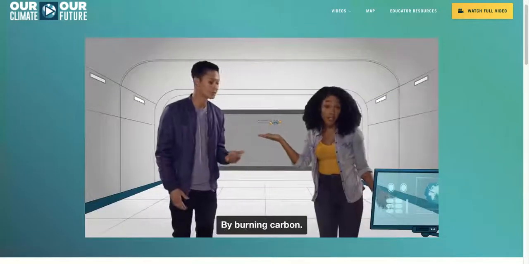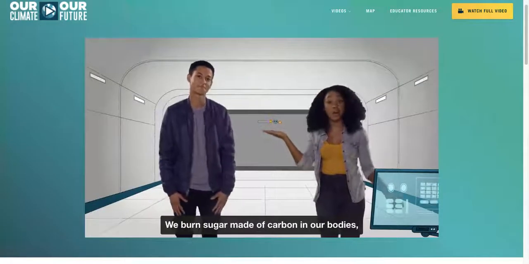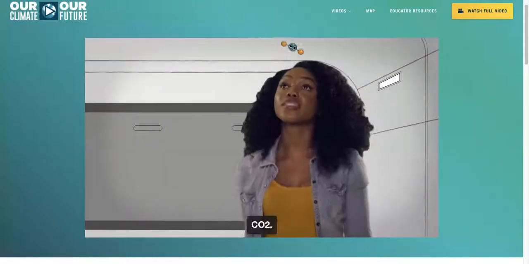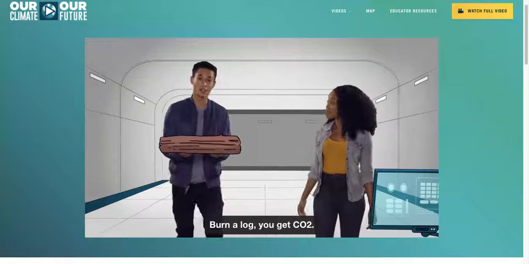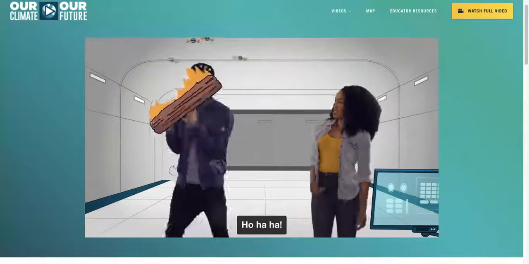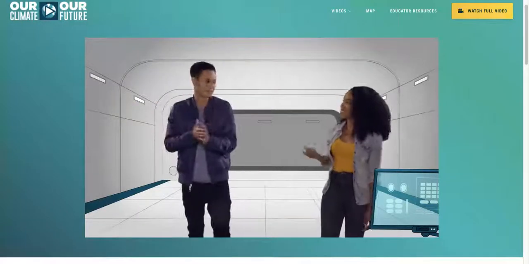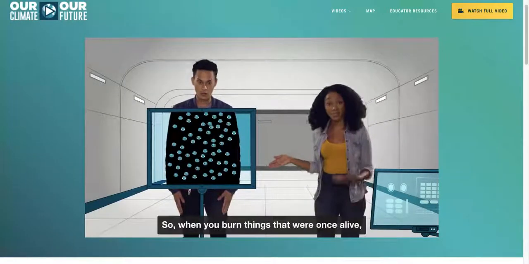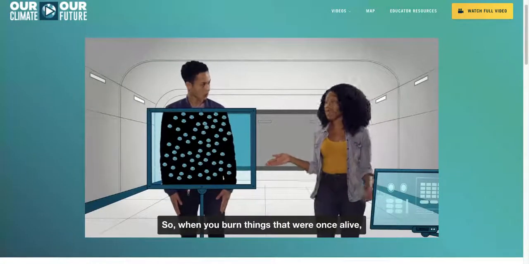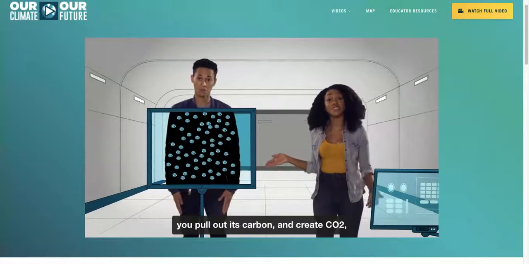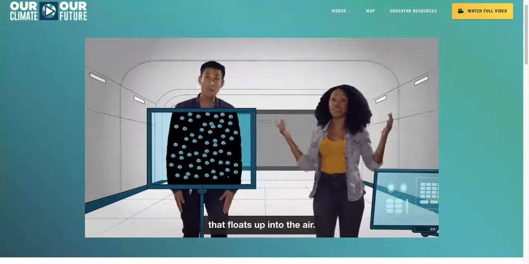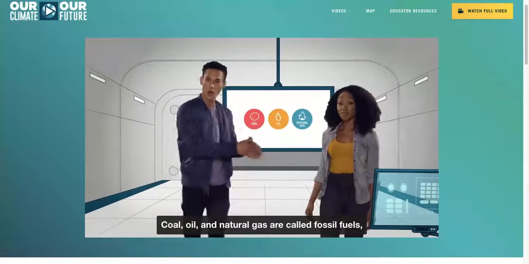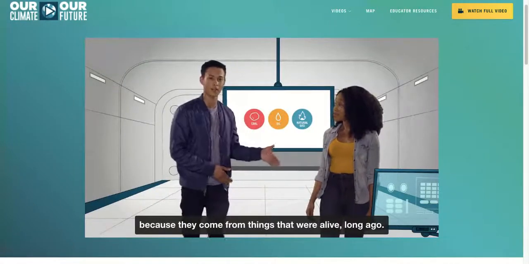By burning carbon. We burn sugar made of carbon in our bodies, so we breathe out CO₂. Burn a log, you get CO₂. See? Carbon is the main ingredient in life. So when you burn things that were once alive, you pull out its carbon and create CO₂ that floats up into the air. Coal, oil, and natural gas are called fossil fuels because they come from things that were alive